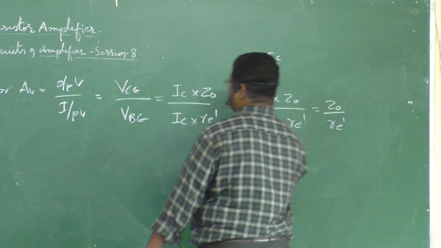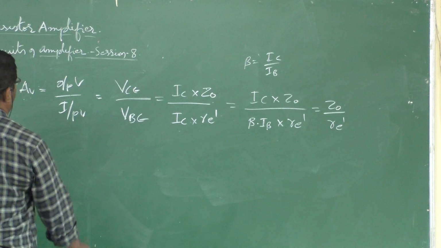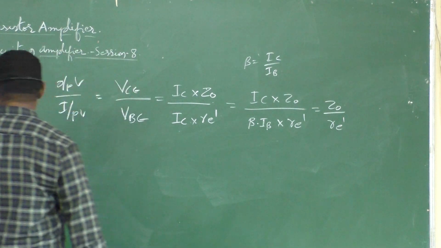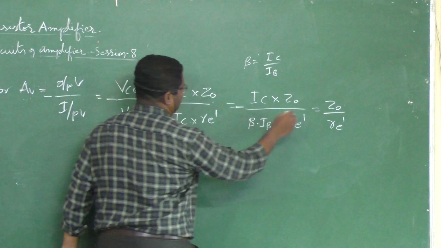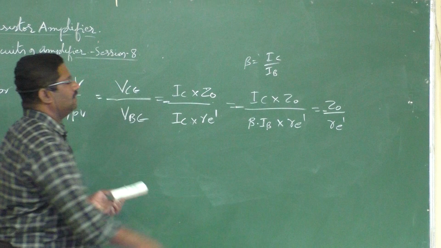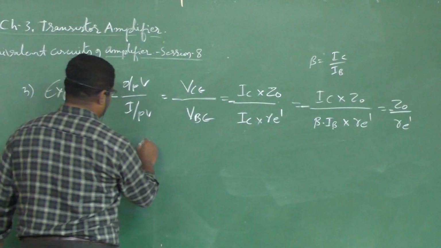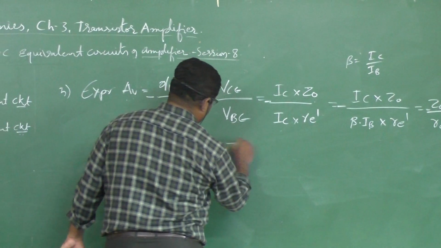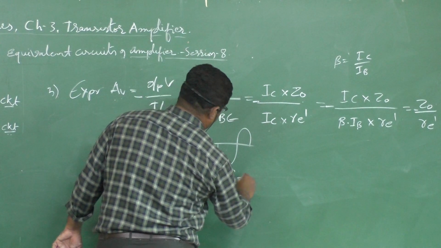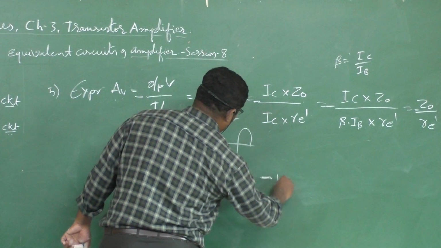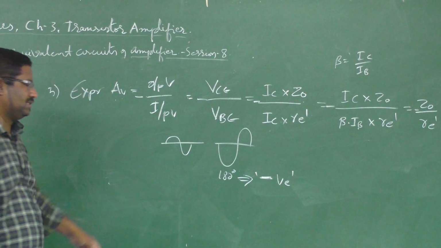These are all factors, and they are all in minus, which gives the expression for voltage gain, because of the minus. So here this is minus, minus, minus, minus, minus. Why? Because this is a CE amplifier, and what does it indicate? There is a phase shift between input and output. So this is a 180 degree phase shift. A 180 degree phase shift indicates a negative sign. That's why here we have the minus sign.